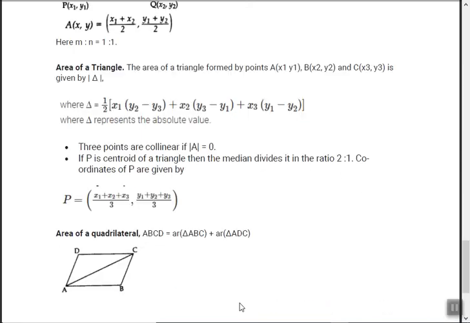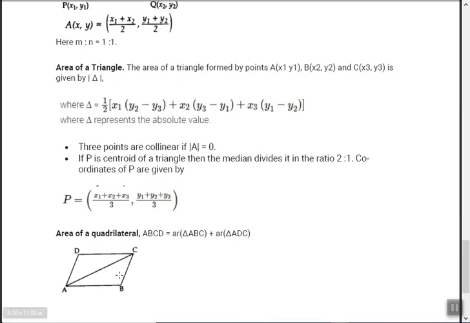Okay. Now how do we find the area of a triangle when the coordinates of the 3 points of the triangle are known? That means we know only the vertices of the triangle. What is the formula we know? Half into base into height, right? But this is of no use over here, because we don't know the base and height. We know the coordinates. Let's say this is A, B and C. A is x1, y1, B is x2, y2 and C is x3, y3. This is the triangle, say.